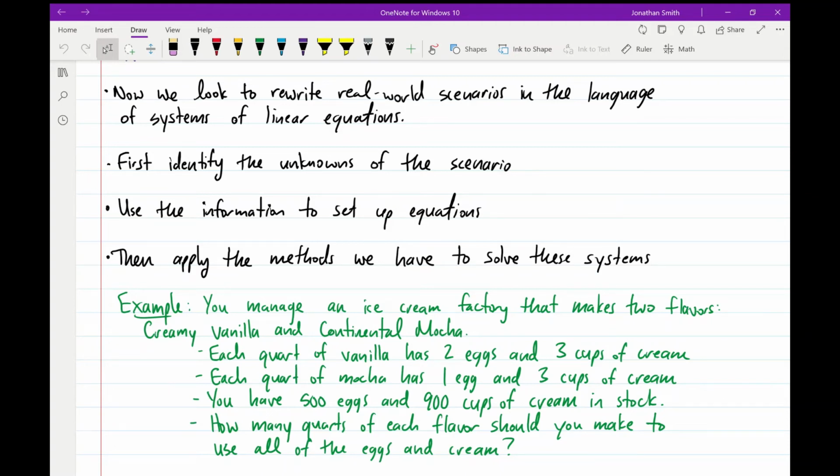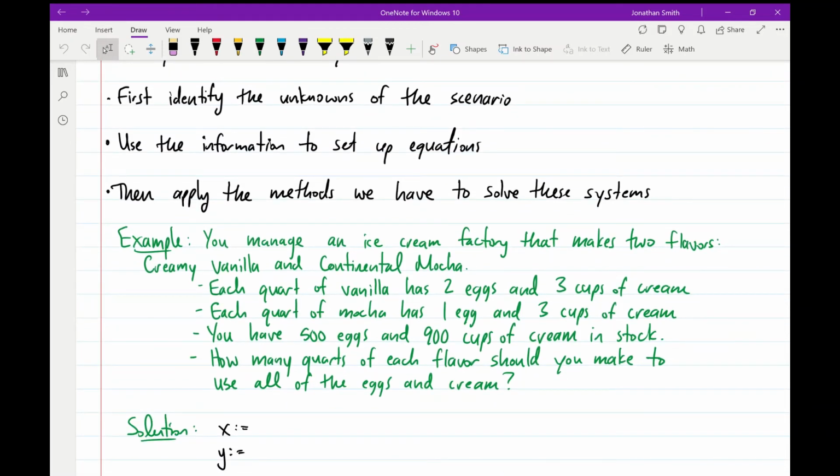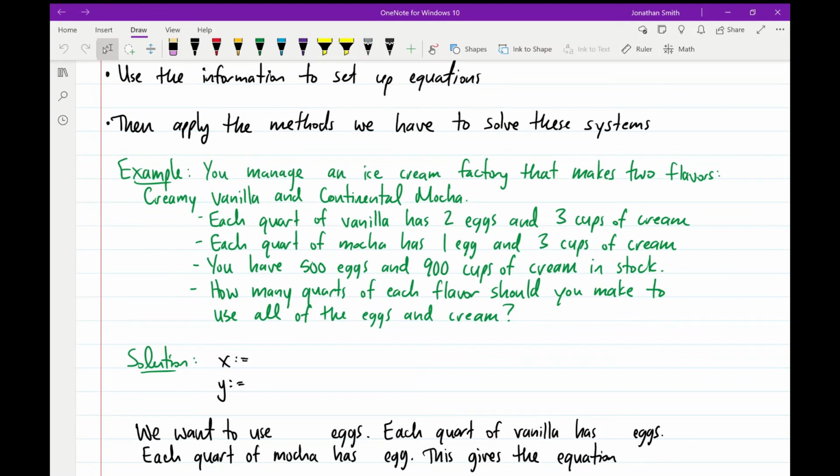After that, we're going to use the information that's given to us inside of the problem statement to set up a couple of different equations. In this case, we're going to be looking at equations with two variables. So we're going to need two different linear equations to set up our system. And then finally, once we have everything written in the math language, we can apply the methods that we've talked about earlier in the video to solve those systems